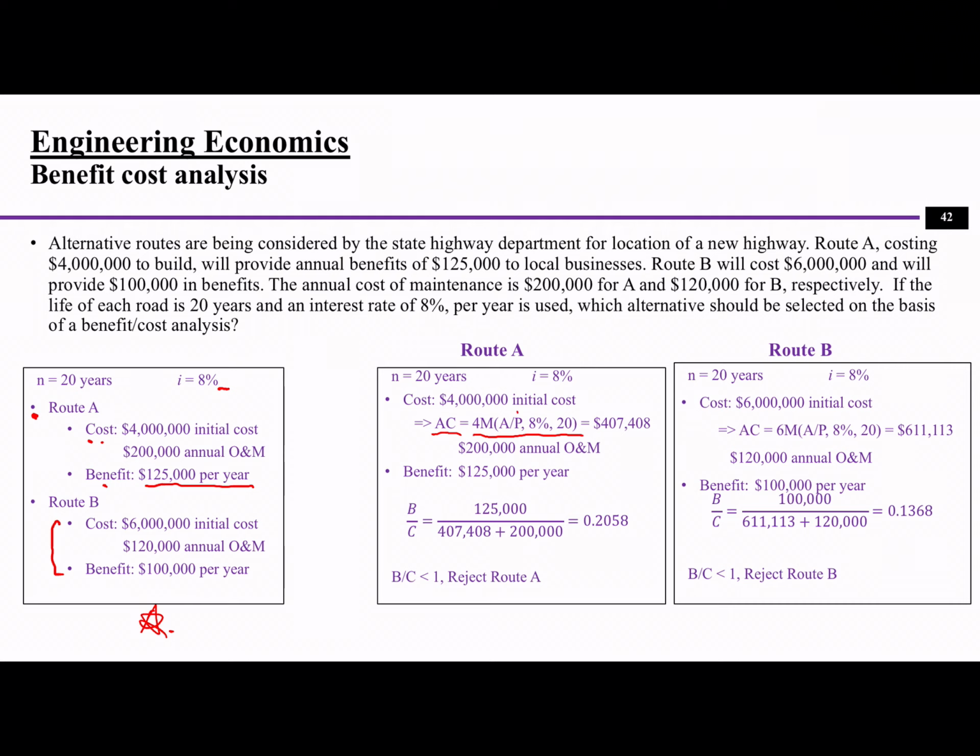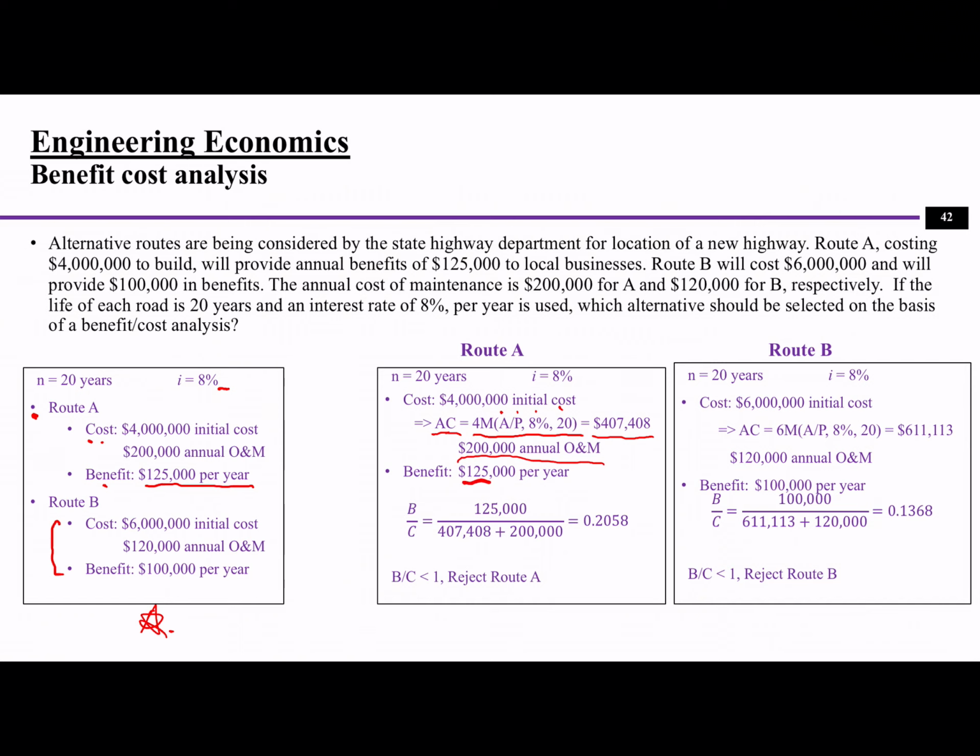This is how we do the comparisons. The annual cost for A will be: $4 million is the present worth. To find the annual cost given the interest rate and 20 periods, the annual worth is this amount,